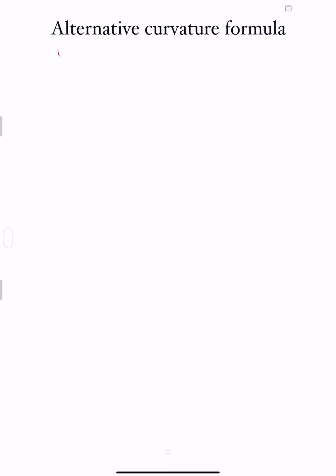In this video, I'd like to take a look at an example of computing curvature using the alternative formula that is the magnitude of the cross product of the acceleration and the velocity divided by the magnitude of the velocity cubed. So the vector that I want to work with here is a trigonometric vector: 4t, 3 sine t, and 3 cosine t. And what I want to do then is compute each of the elements, the velocity vector,